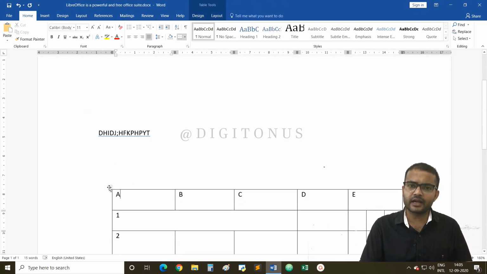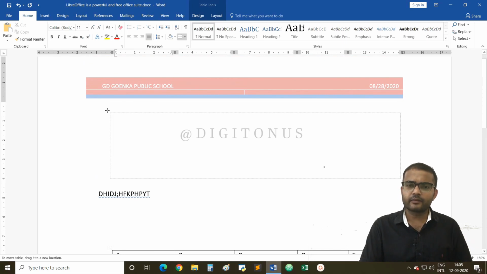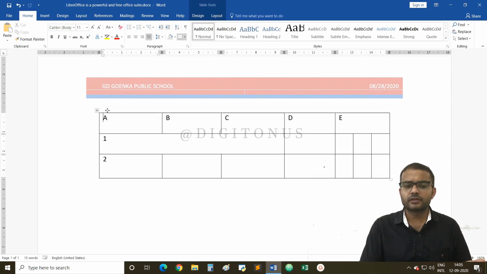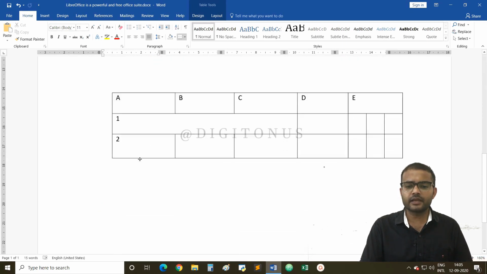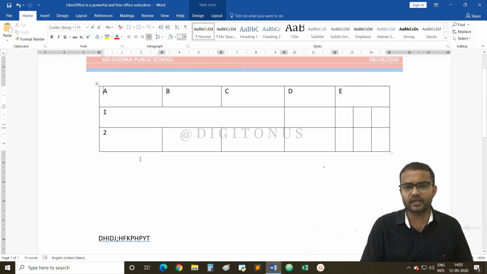That is called moving. Moving you can also do by just clicking on the table handle button. Table handle button के ऊपर आपको क्लिक करना है. Keep the mouse button pressed. Mouse button को दबा के रखना है and then you can drag the table. आप टेबल को ड्रैग कर सकते हैं and reaching at the desired location just release the mouse button. So you can have a table at the particular location. That is also called moving by dragging method.